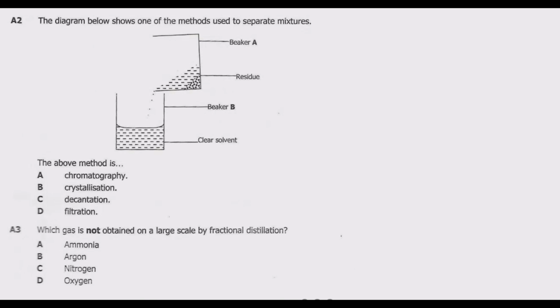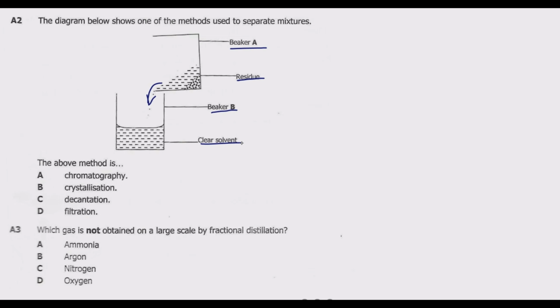Question A2. The diagram below shows one of the methods used to separate mixtures. The above method is, so what do we have? We have the beaker, which is A, then we have residue, which remains in the beaker, then we have beaker B, which receives these clear solvents. So what kind of method is this? A,